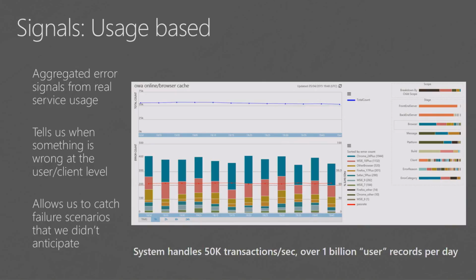Kareem mentioned the passive monitors. It is also yet another key signal we use in order to understand what's going on with the service. What we do is we record a series of user-generated traffic and signals, after, of course, we've stripped out all the PII data. But we look for things like user login. Where are they logging in from? Are they getting errors? What kind of OS are they running? What kind of browser are they running? What we do with this is that we join them, and we'll show you later on what we do with it. But the key is that this is all user-generated traffic. It's all after the fact, and is an important facet of how we think about monitoring.